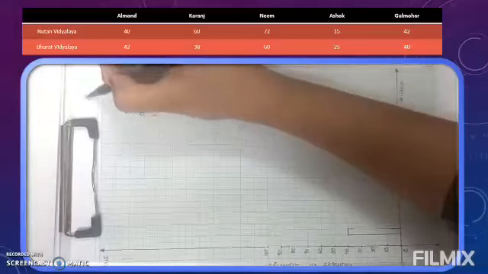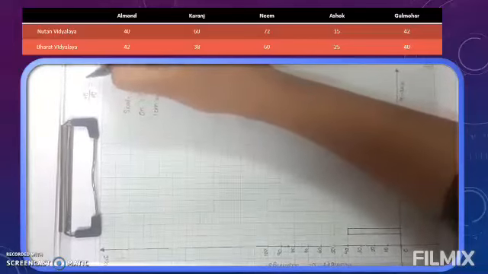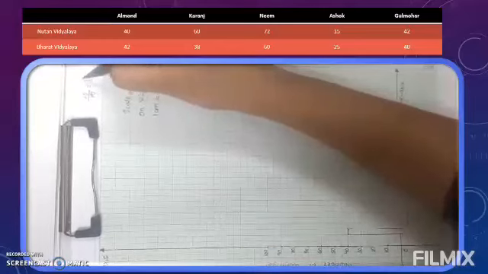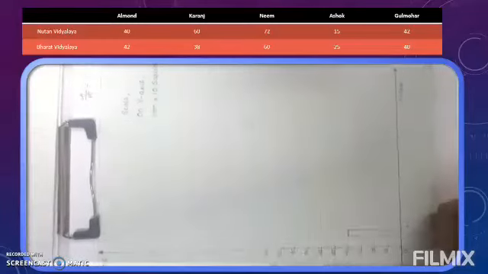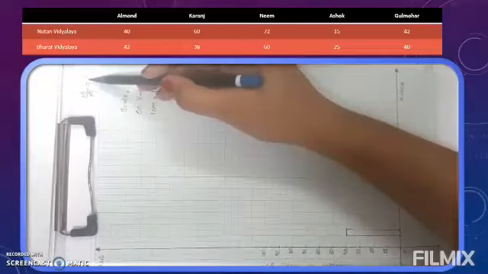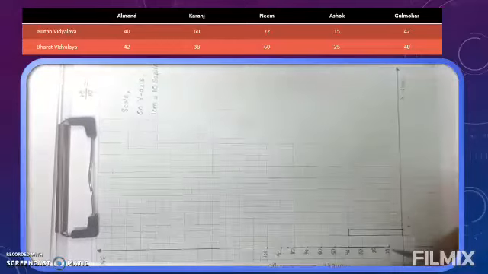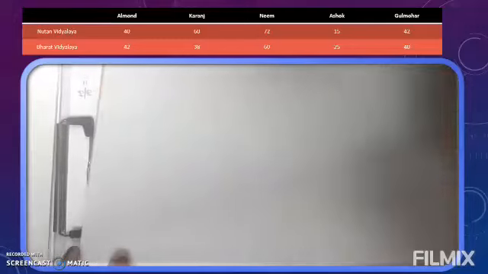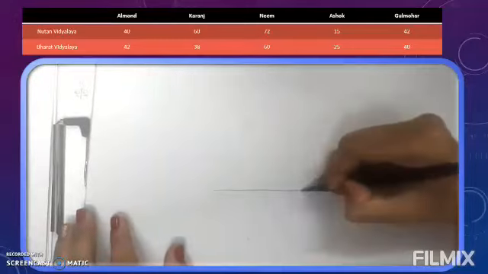Divide, go for the table of 10: 10 ones are 10. So we got the answer 1. It means our one thin line stands for 1. Clear? Our one thin line stands for 1. So here I am showing you another thing. Now as we have to plot 40, have a look. Now I am showing you a line here.